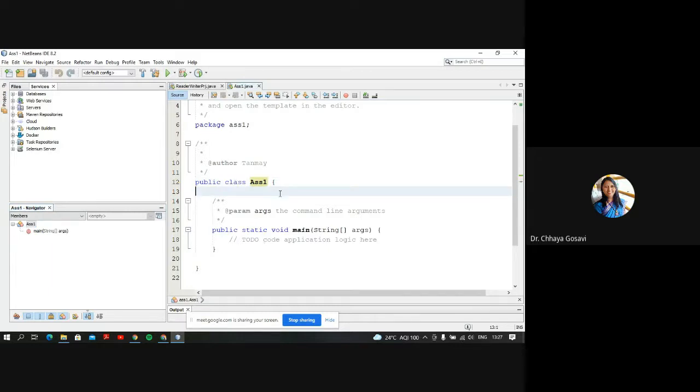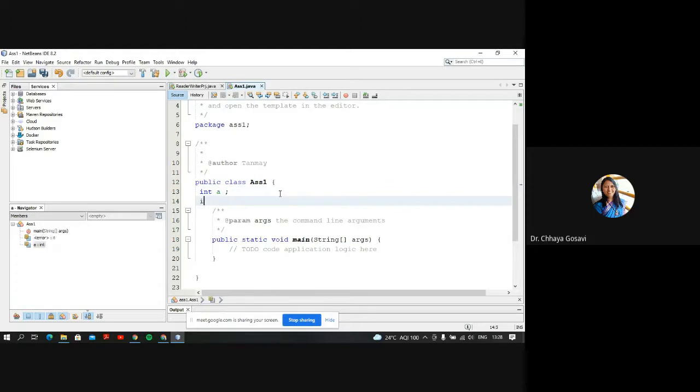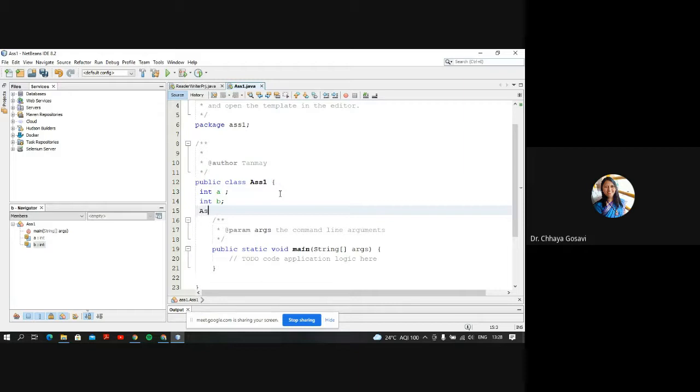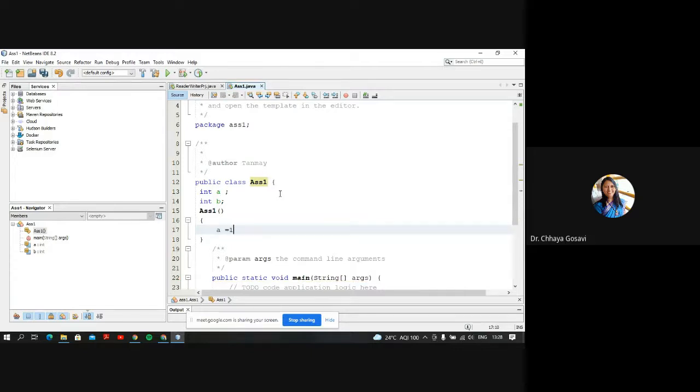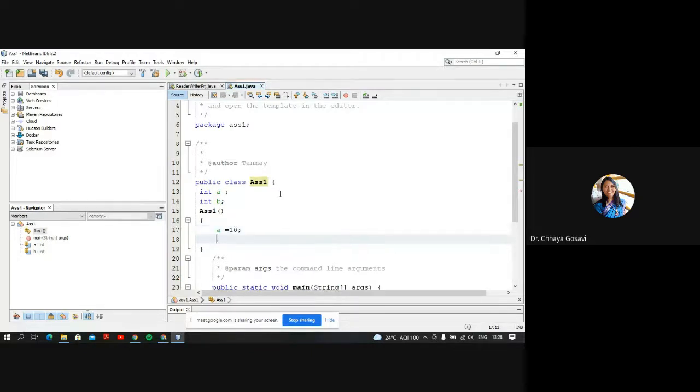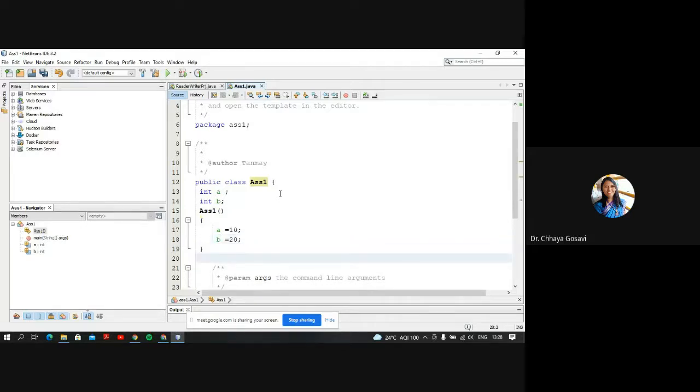It has a variable integer a. I'm not giving any access specifier as public or private. It has integer b. This has a constructor, say assignment 1, which will initialize a and b to some values, 10 and 20, and a method, say add, and I'm printing addition of these two numbers.